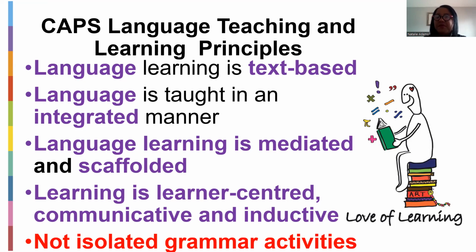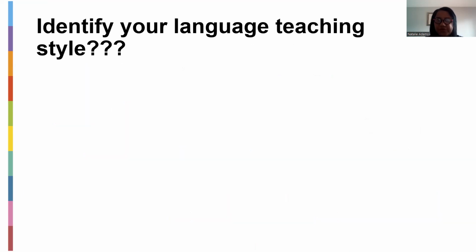Remember that we said grammar needs to take place within a text-based environment. So text-based would be either an article from a newspaper where there might be a visual involved, or it could be a poem, or an advertisement. As long as there's a text involved, and it's not isolated sentences. That's what we're trying to get across to you, and that is what SS1 is going to be a lot about.